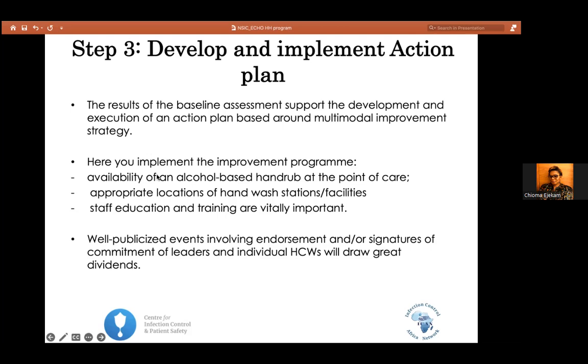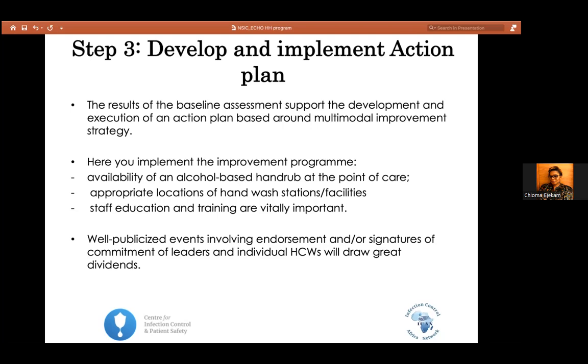So we're going to be applying this to a hand hygiene program, which, in this context, you want to ensure that there's availability of alcohol-based hand rub at the point of care, and education. Maybe what you found was that your healthcare workers' last training was probably 2 or 3 years ago during the COVID period. They've not been trained again on hand hygiene, and you have new staff who have had no hand hygiene training. So you need to put that on your plan.